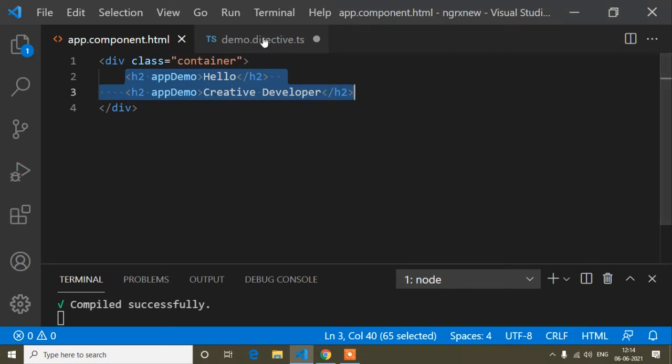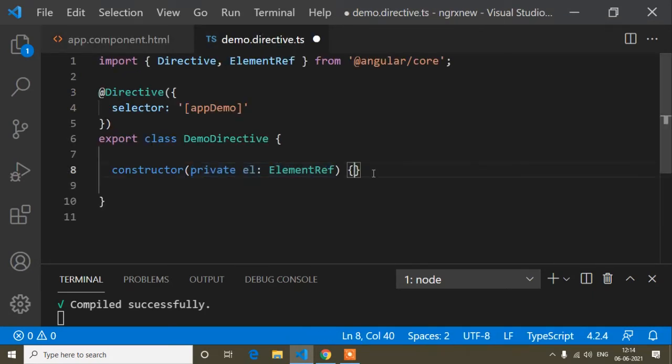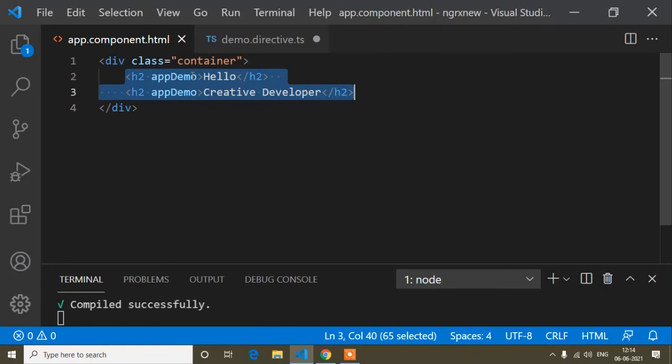That means here in this h2 tag. And now here in the constructor, first of all I will show how you can change the color to red. The constructor is called before ngOnInit. Now you have to understand when ngOnInit is called. ngOnInit is called when your page is created. Suppose the app component is running. First of all, this line of code will be executed, after that this one, after that this one.